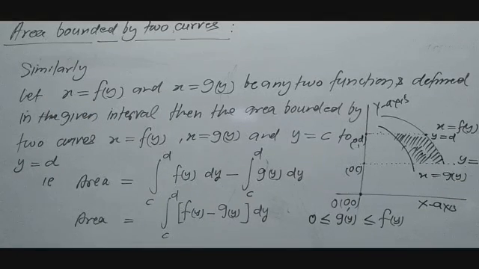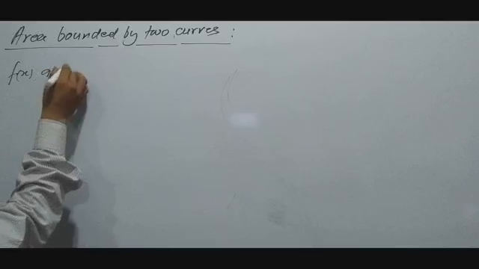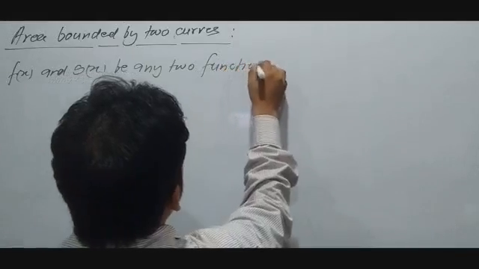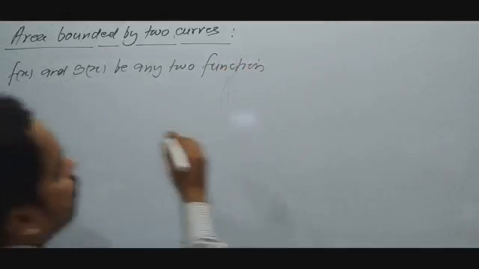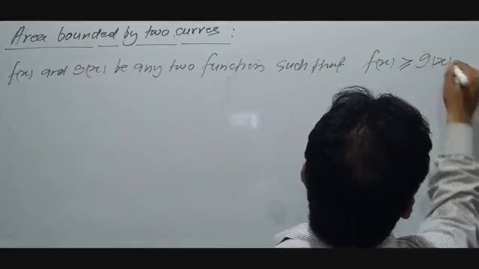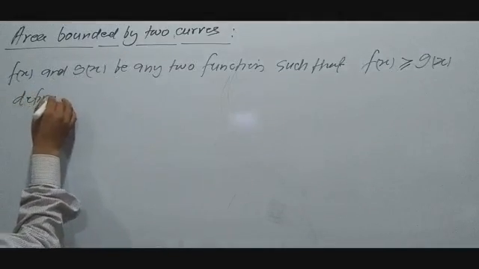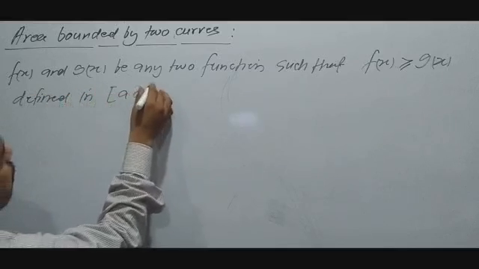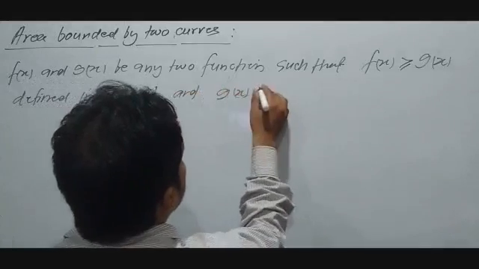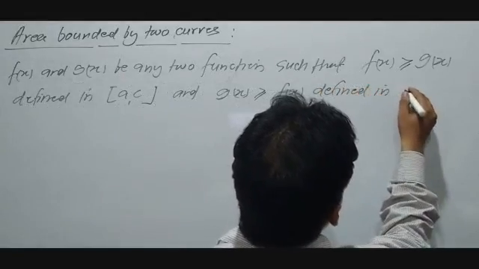Now suppose f(x) and g(x) be any two functions such that f(x) is greater than or equal to g(x) defined in AC, and g(x) is greater than or equal to f(x) defined in CB,